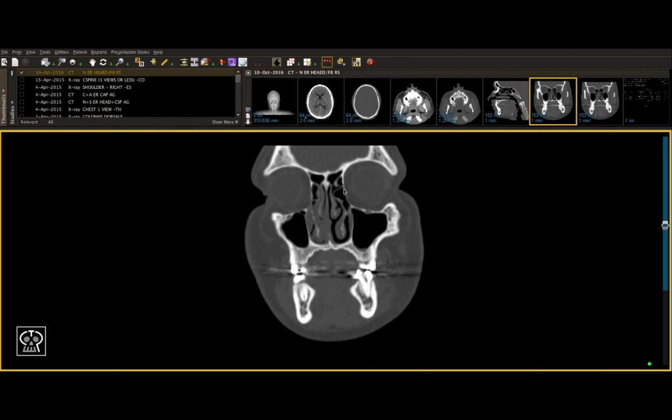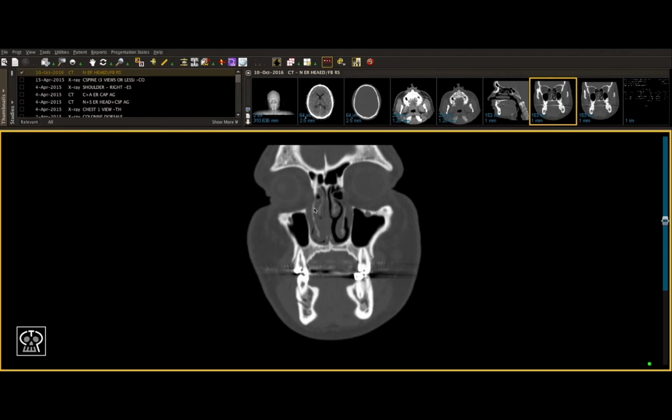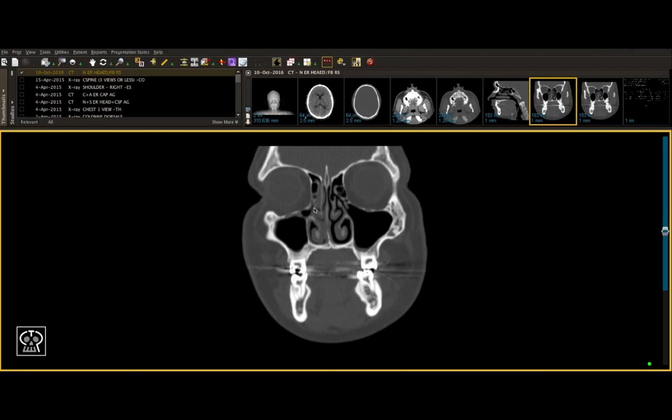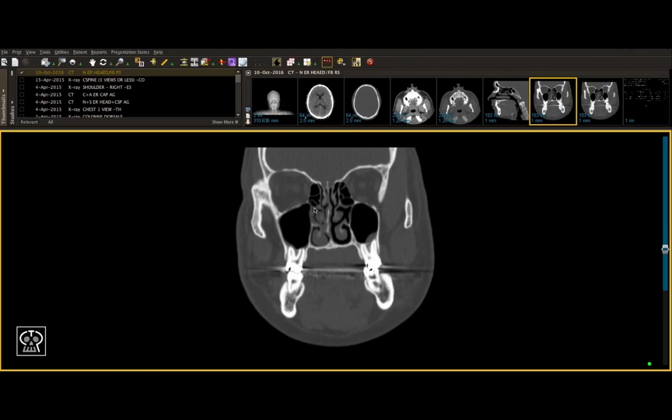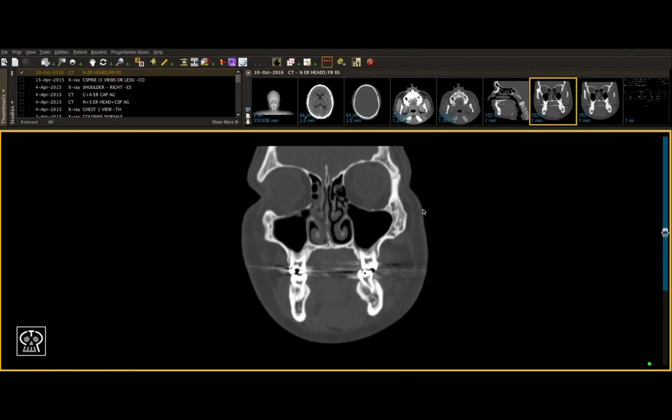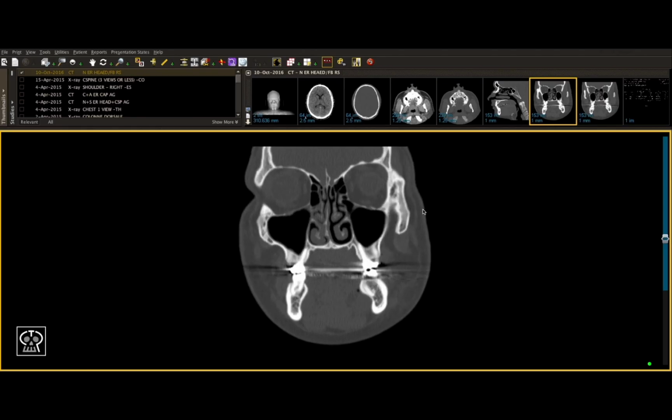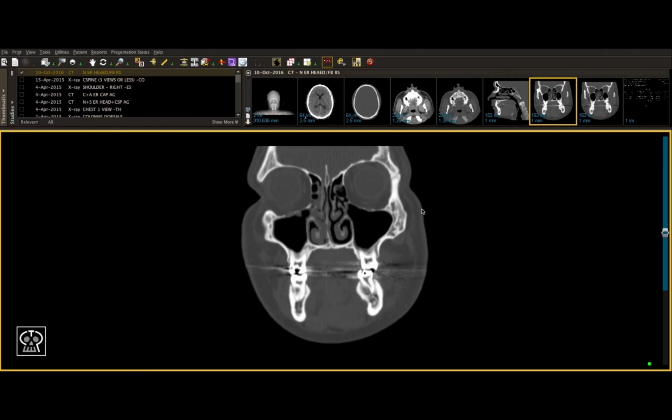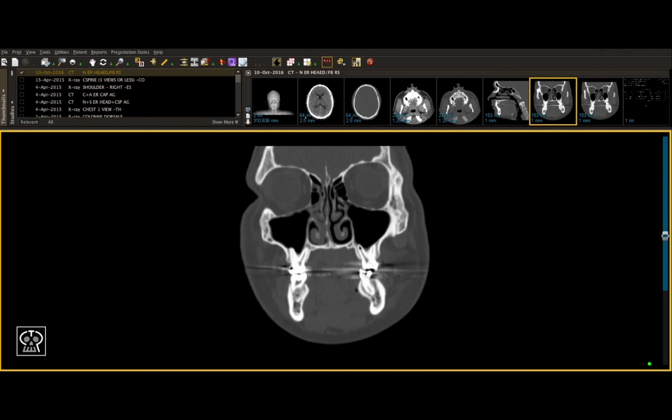It's also important to look at your medial wall on each side. This will help you look for medial wall fractures, which are also very common. This concludes our section on orbital wall fractures from a coronal point of view. As you can tell, in the coronal view, it's very easy to appreciate both orbits at the same time and